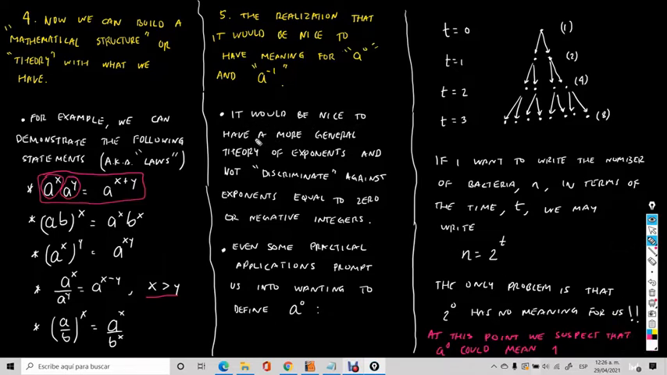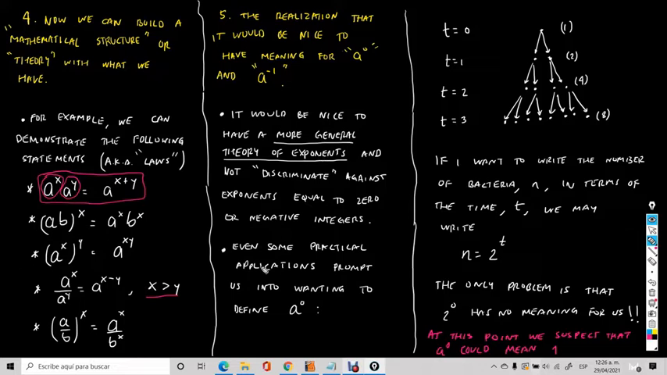It would be nice to have a more general theory of exponents and not discriminate, so to speak, against exponents equal to 0 or negative integers. Why? Because any mathematical theory, the more general that it can be, the better. We don't like restrictions in mathematics. If we can make something as general as possible, that's always a great idea. Okay, that's the first thing. It would be nice to have a more general theory of exponents and not just work with positive